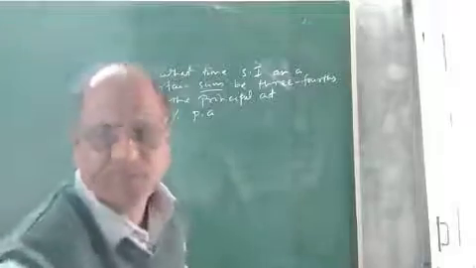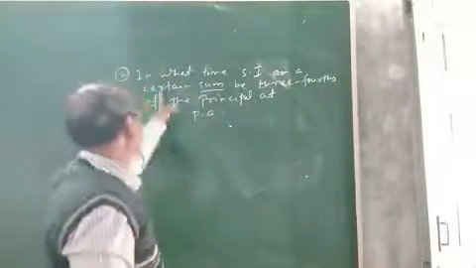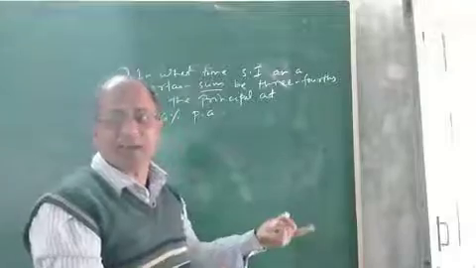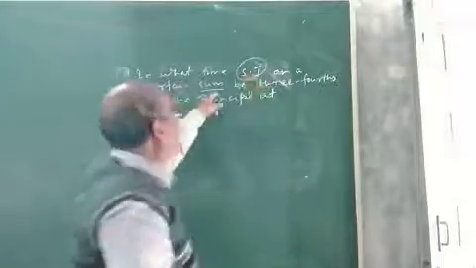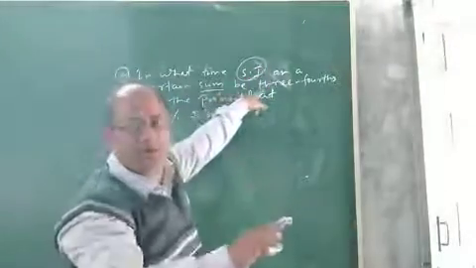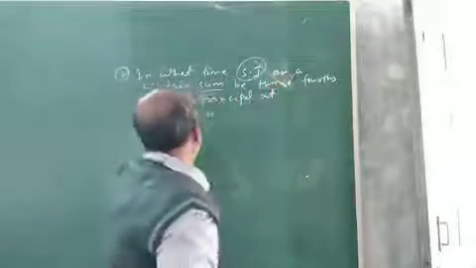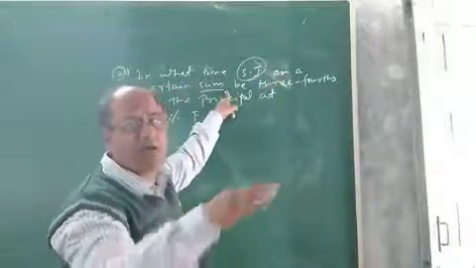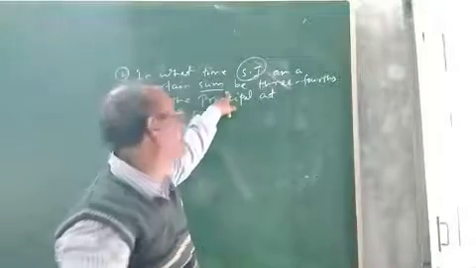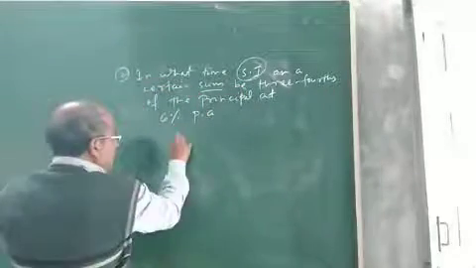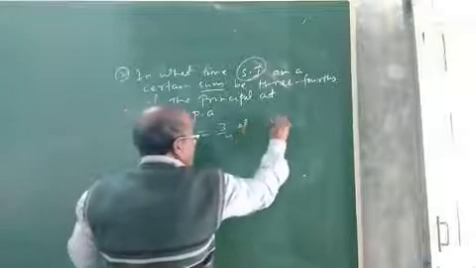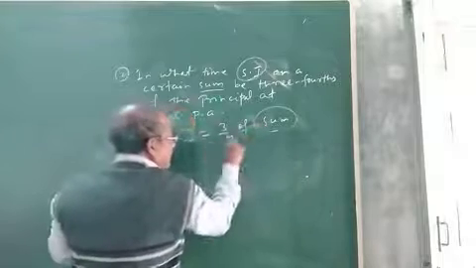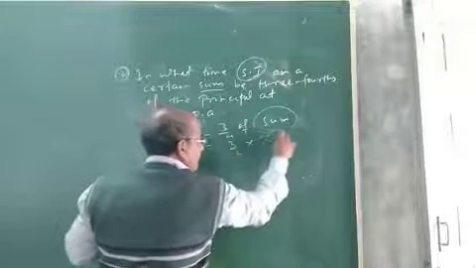Look at the question. So let us first understand the meaning of the question. In what time? That means we have to find the time period. We do not know what the time period is. Simple interest on a certain sum. Simple interest value also we do not know in this question. Sum means the principal. We do not know what is the principal or the sum. What is given? Simple interest is 3 by 4 of sum. Sum means principal. 3 by 4 into principal. This is the question.